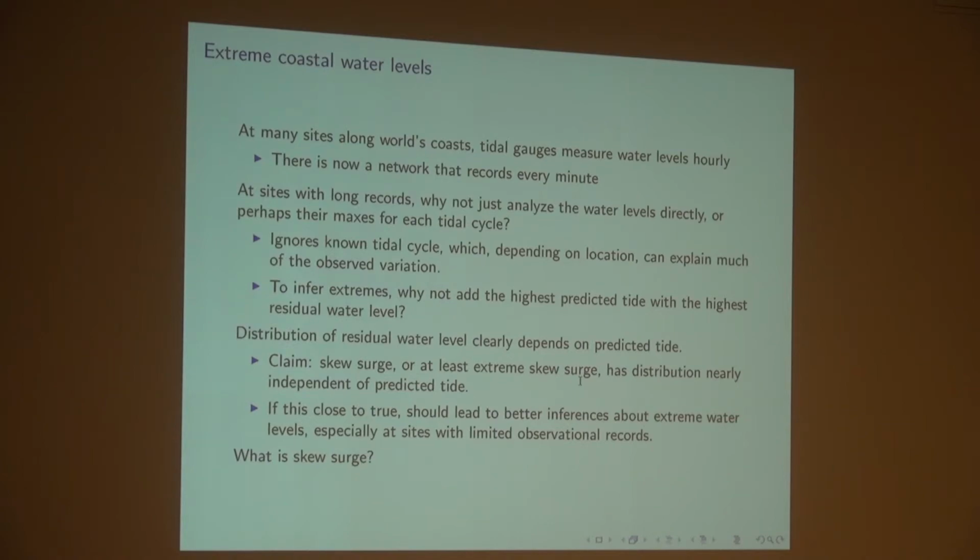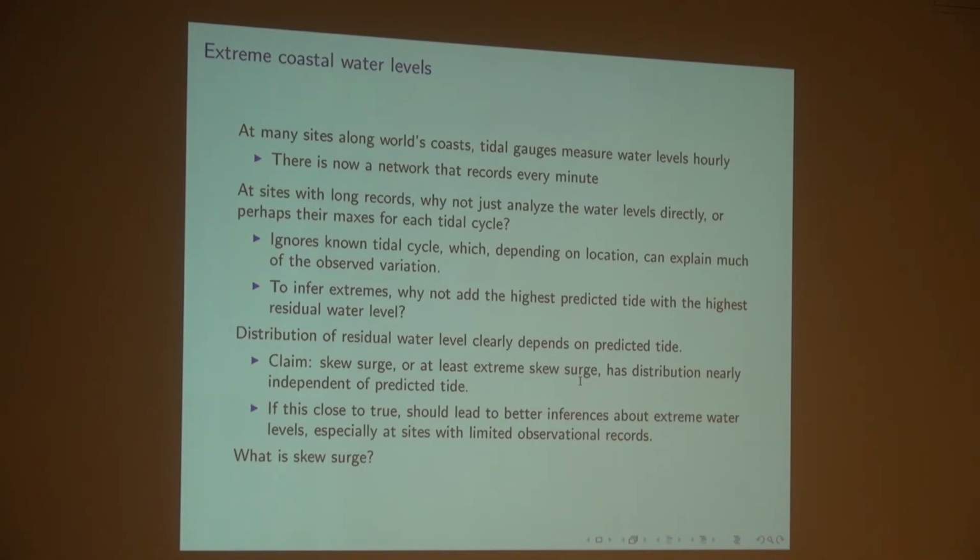Okay, so obviously one of the main interests with water levels is the extreme highs, because those are where most of the damages come from. And so you could just say, well, why don't we look at just the water levels themselves and analyze those, because those are a direct measure of what we're interested in. But it's apparent that throws out a lot of the information, because a lot of the variation in water levels is due to known periodic tidal components that we know about, and to not use that information in the analysis just seems wrong. The problem is how to actually use that